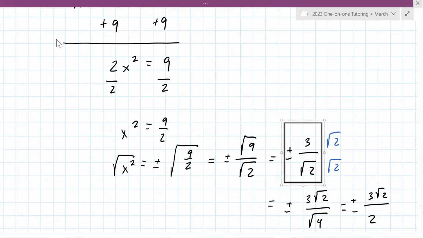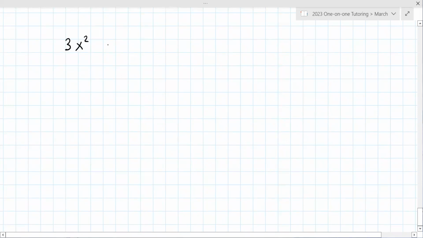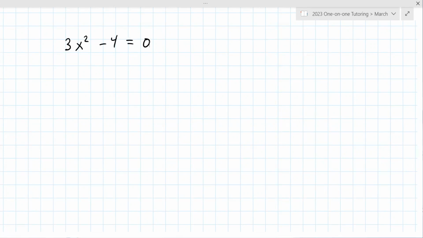All right. So let's see where you're at here on this. Let's go 3x squared minus 4 equals 0. Go ahead and give this one a try, please. First add 4, right? Yes. 3x squared equals 4. And then